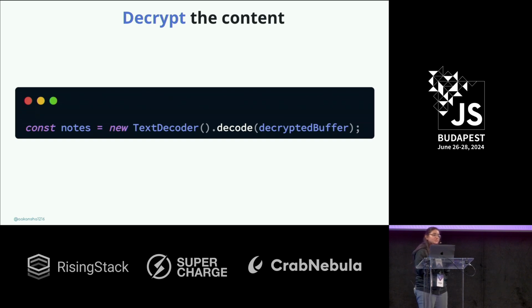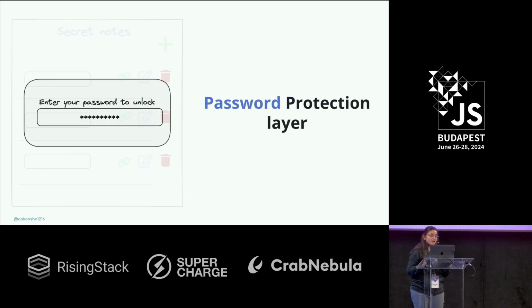This is the same hash approach which I just mentioned. In Excalidraw also, you will notice that it happens in the same way. When you share a link for your drawings, the encryption key is shared right after the hash. The last thing I want to add here is a password protection layer. So even if someone has access to your machine, they still cannot see the notes because they need the password to unlock it. How can we add the password protection layer?